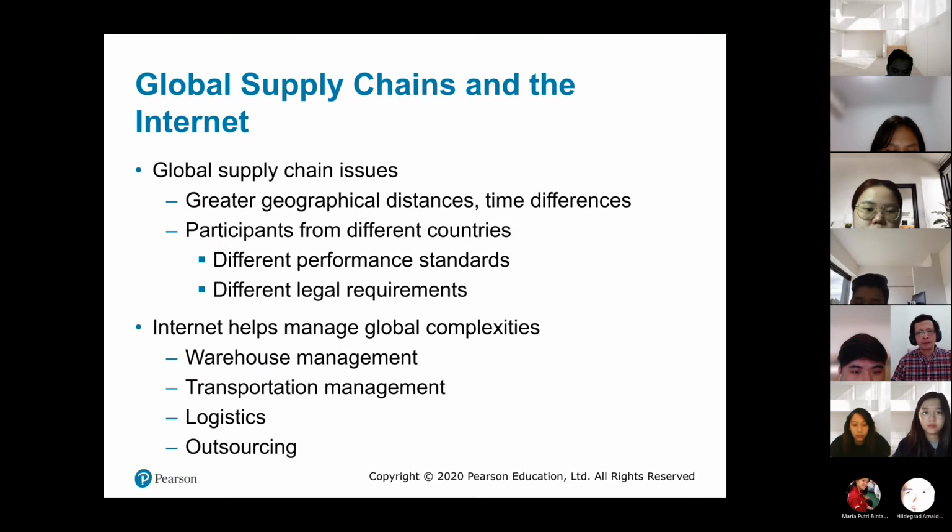Another issue with global supply chains, again, is that different countries will have different requirements, different performance standards, and different infrastructure. Many years ago, when I did my research, I met with this person in Jogja.